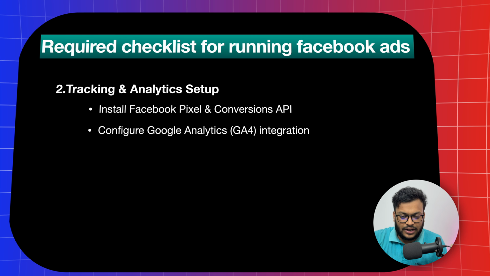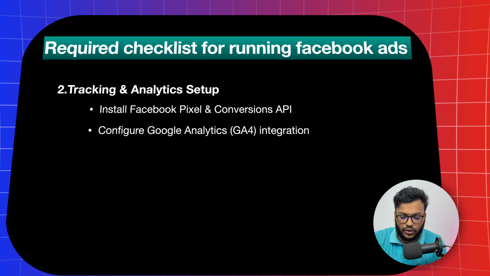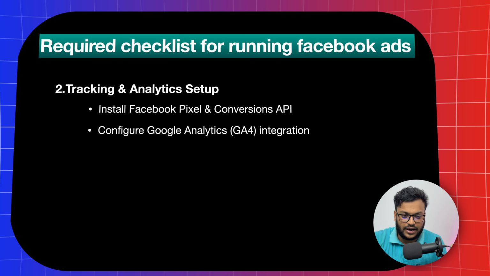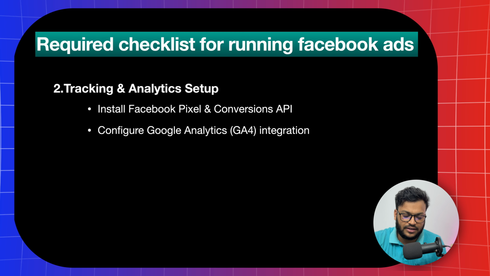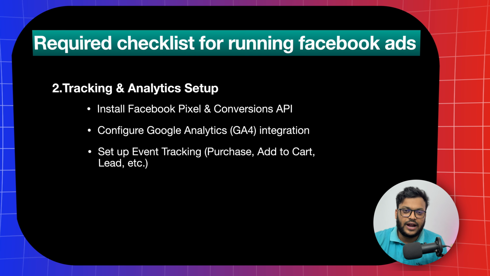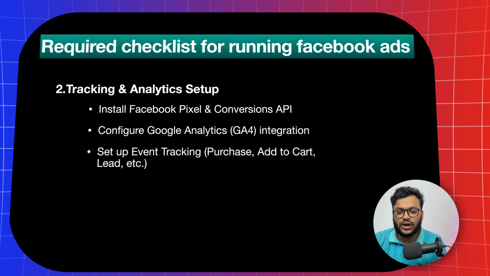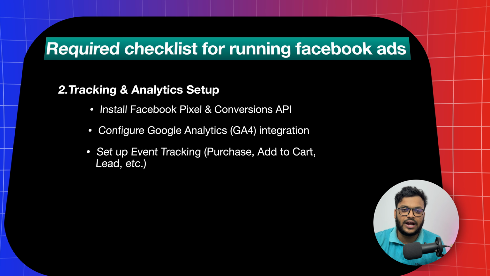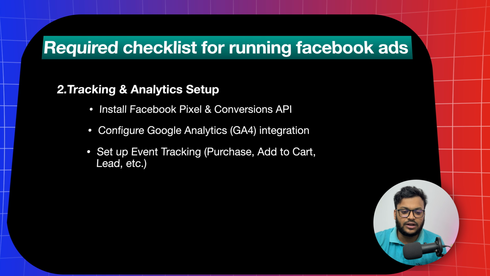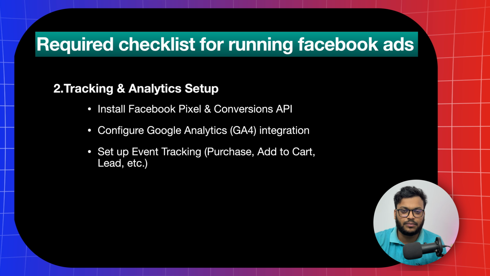Configure Google Analytics to understand the demographic view of your audience, which is the more interesting part, and in future you can optimize your ads and reduce your costs. Then set up events to specify your ad campaign, for example purchase, add to cart, lead, etc. Events are helpful for your ad campaign and you can easily run conversion ads by using these specific powerful